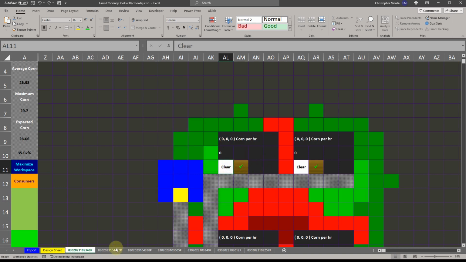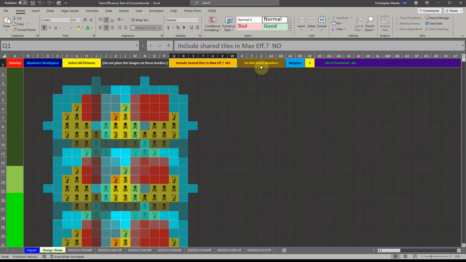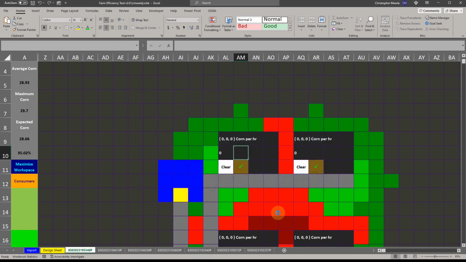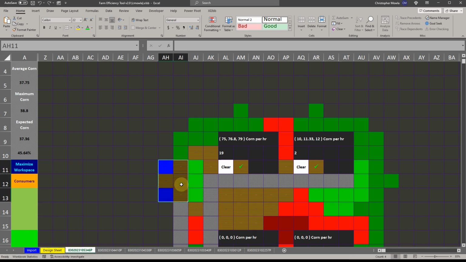let me just clear this real quick and I would go to the design sheet. Now, if I double click this to make it yes, I come back here and do the same thing. It's going to pretend like red tiles are allowed and that there's no restriction. So it's going to put fields on green or red, but not on these tiles here that have houses on them. But if I right click on this and then delete that to, in effect, remove those from the equation, or just select them all and then do it at once,